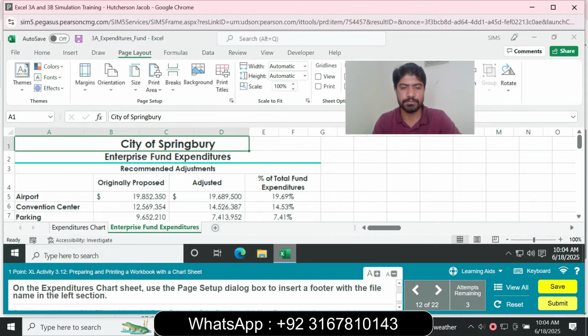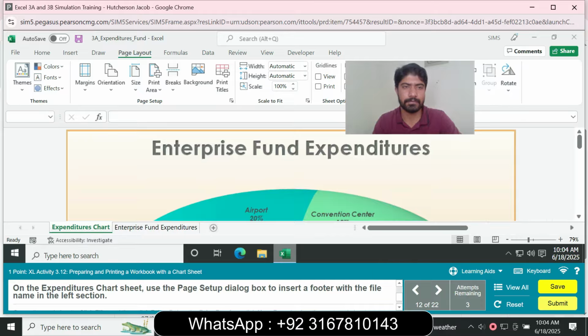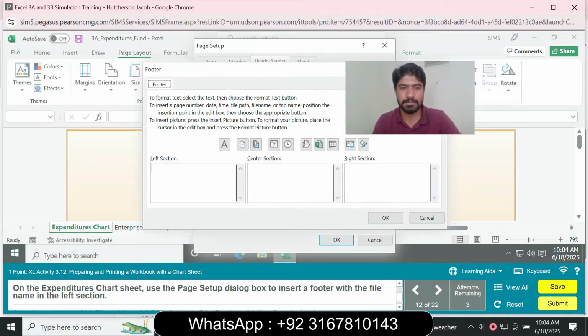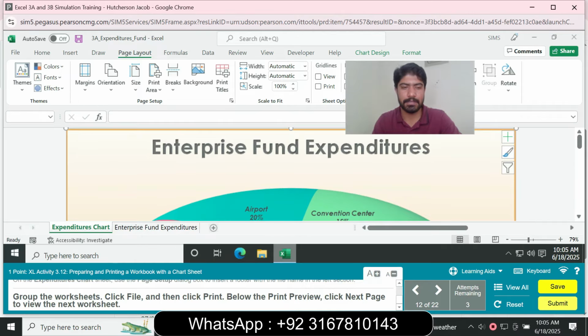And next is, use the Page Setup dialog box to insert the footer file name in the left section. Go to the Page Layout tab, go to the Page Setup group, click Header and Footer, Custom Footer, left section, insert the file name, click OK and again OK. And next is group the worksheets, right click and click Group Sheets and then click